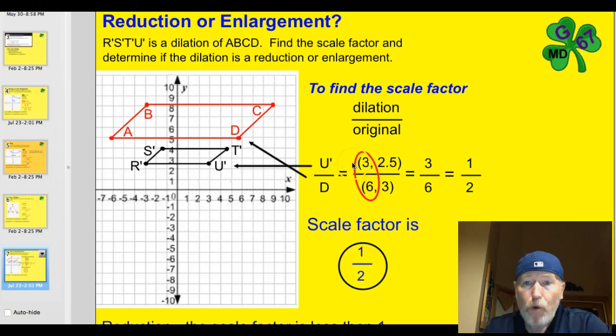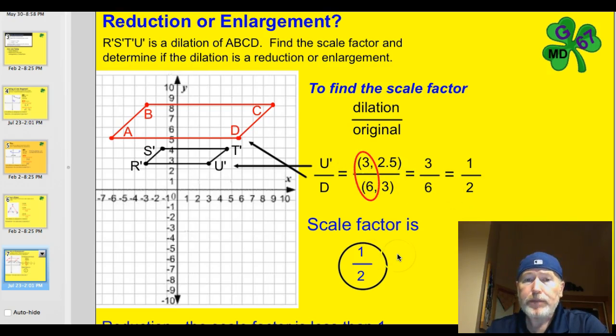I'm just going to focus on that X value of each. And that's 3, 6. Simplify that down to 1/2. That's the scale factor. I could have done that for S prime and B as well, or R prime and A. Just make sure that you put the dilation over the original, just focus on the X value, simplify it,